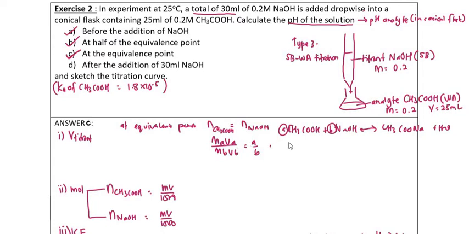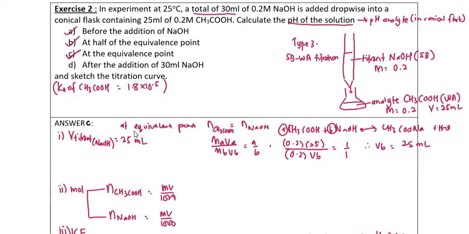So just insert the values: molarity of acid 0.2, 25 for acetic acid, 0.2 for molarity of base, and the volume of base that you want to find, 1 over 1. Thus, volume of base is equal to 25 mL. So the volume of titrant here, which is NaOH, is 25 mL that you added to the analyte